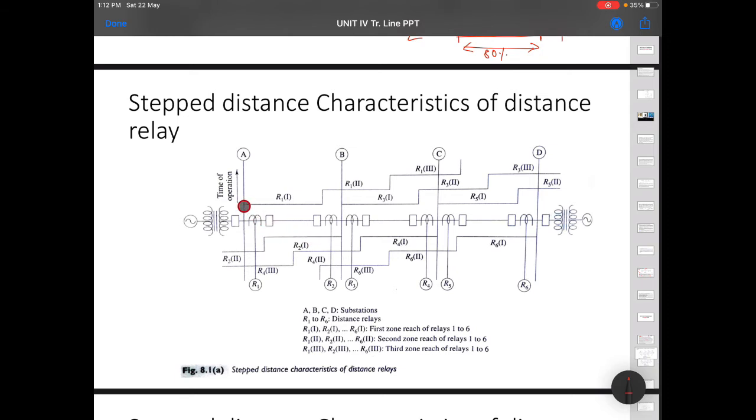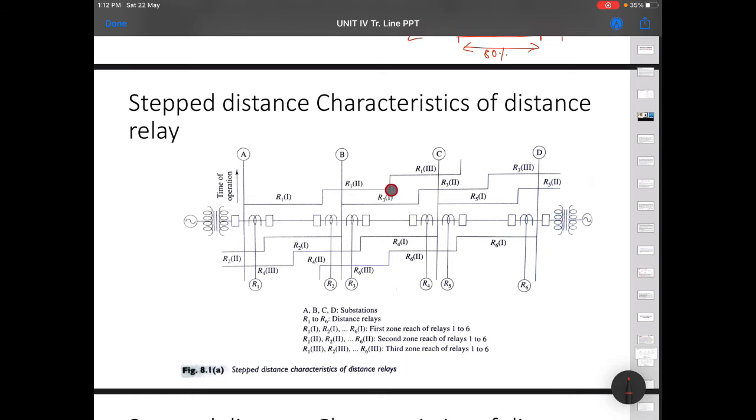What is zone 1? Zone 1 of R1 is 80%. What is zone 2? From the next substation, it will cover up to 50% of the next section, as well as this 20% also, uncovered by zone 1. Zone 2 is the uncovered part of zone 1 plus 50% of the next section.